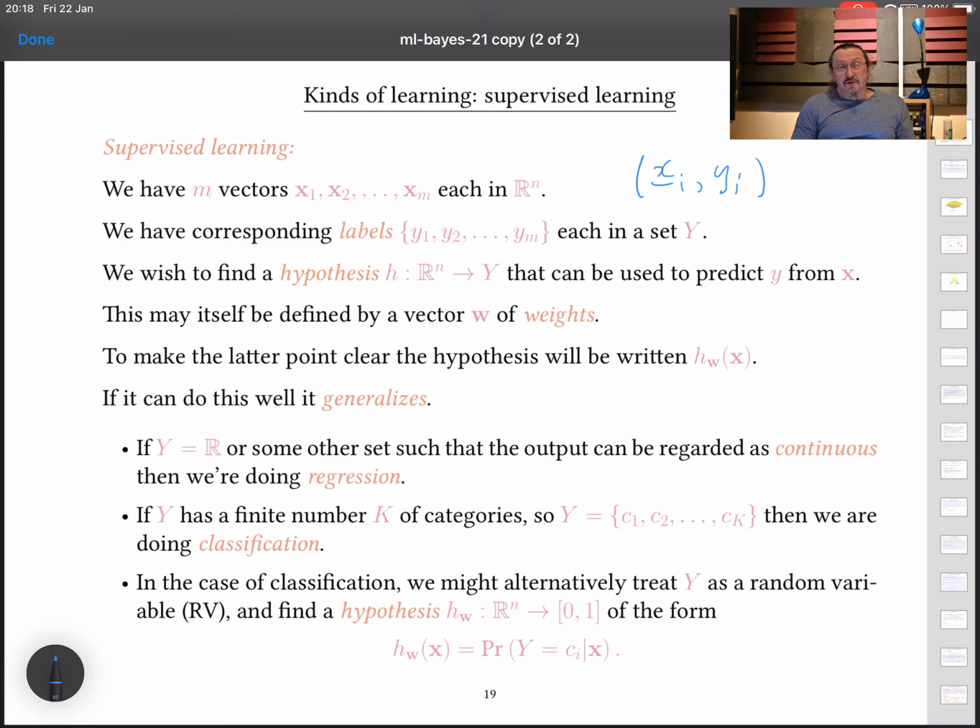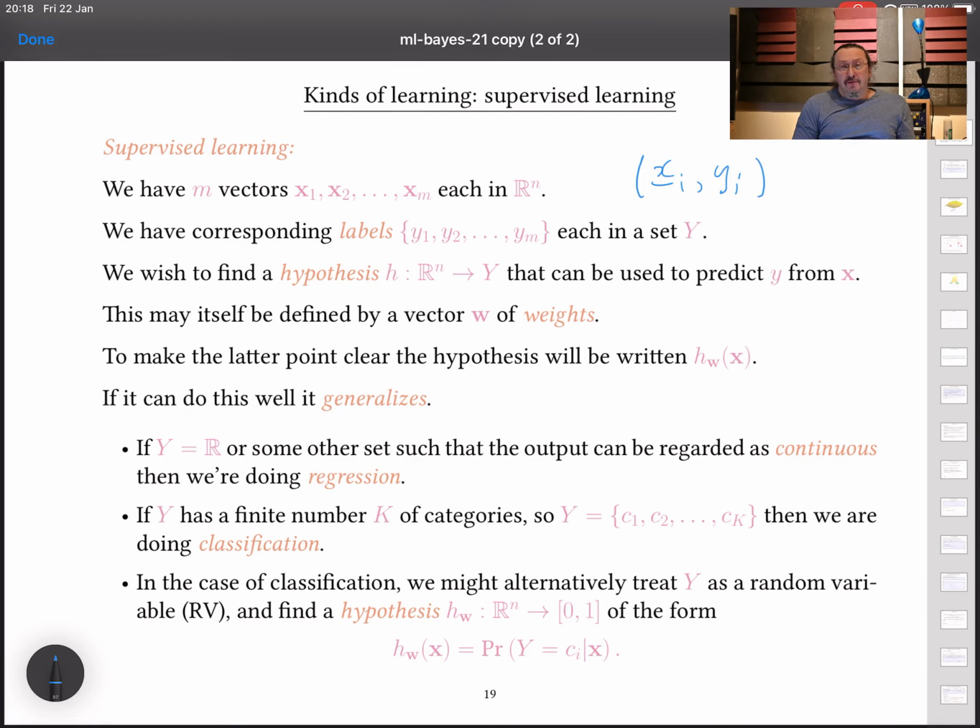And the trick then, of course, is that because that's a function, it's a general relationship, we can give it any input x that we like, even one that we've never seen before, and we hope to end up having chosen h in such a way that it makes a reasonable guess for the correct value of y.